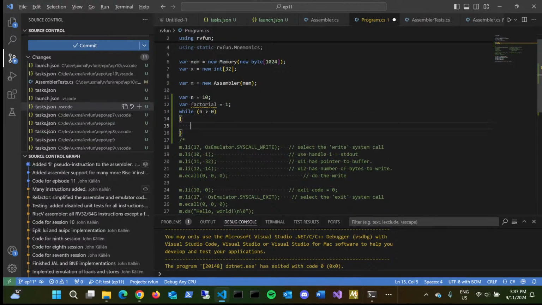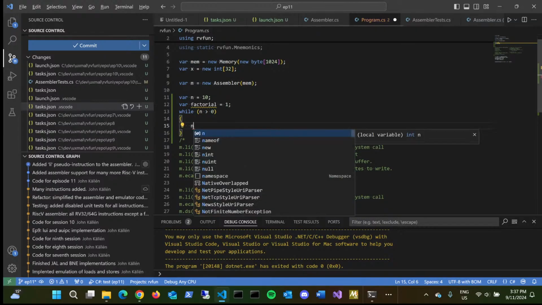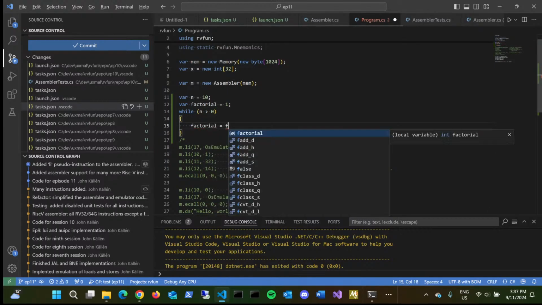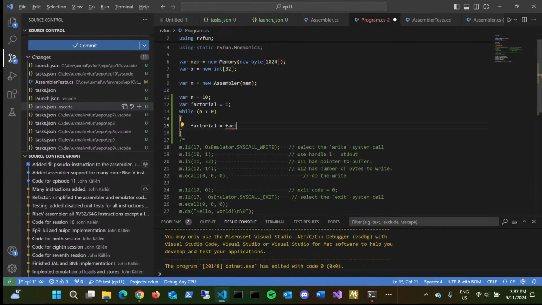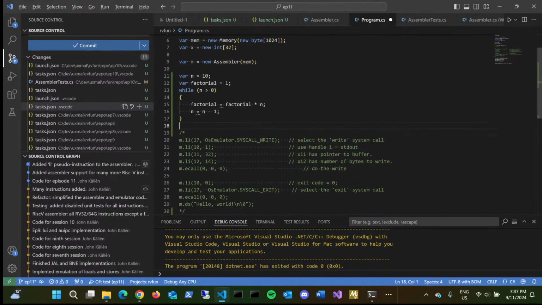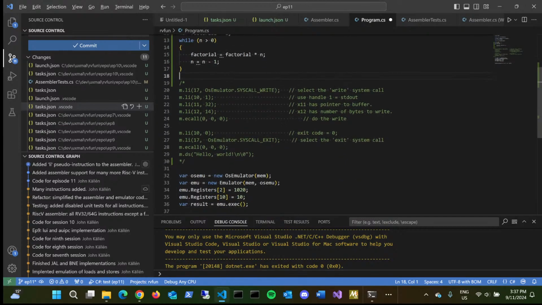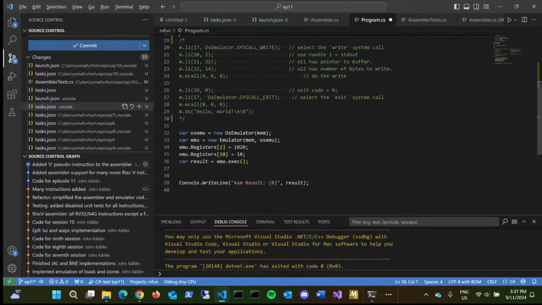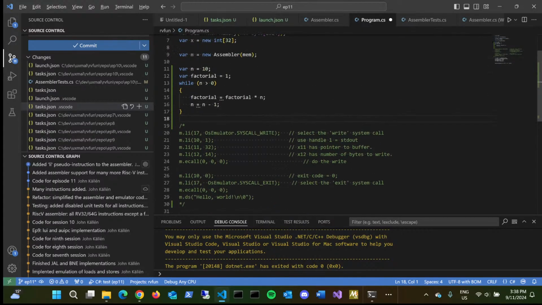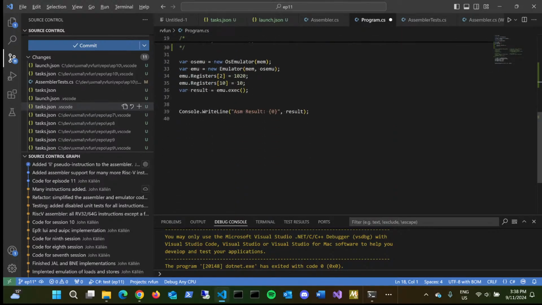And while the number n is larger than 0, we will do factorial equals factorial times n, and then n is equal to n minus 1. And then we print the result, and the result will be in, yeah, there we go. In register, let's make that